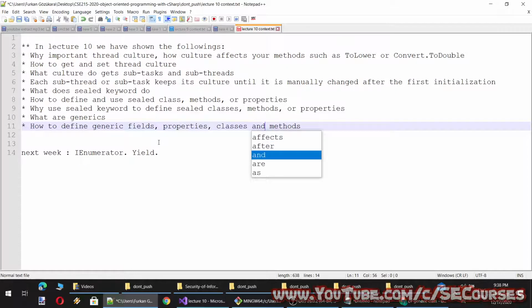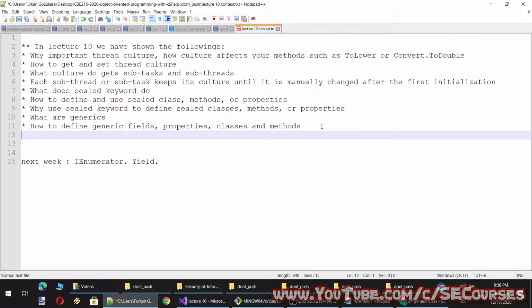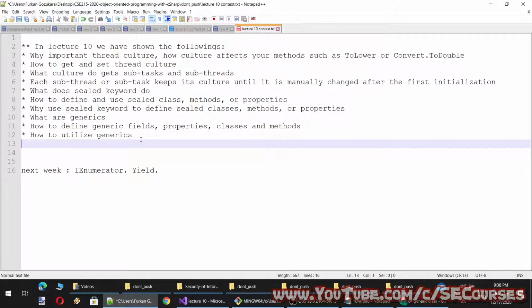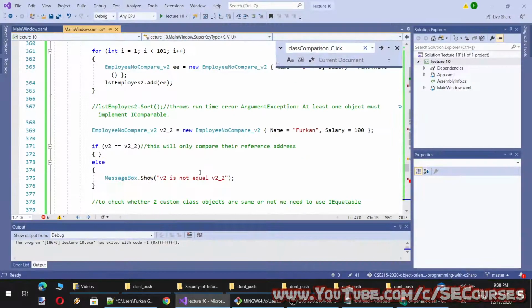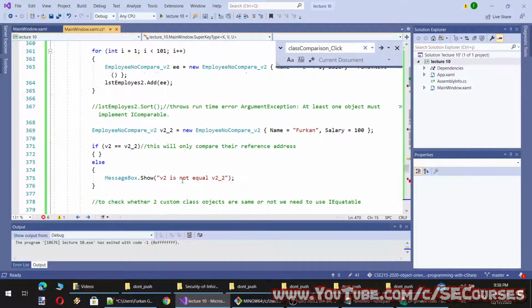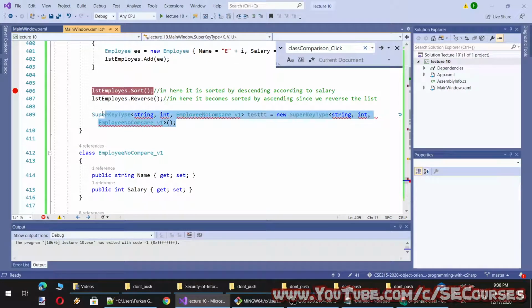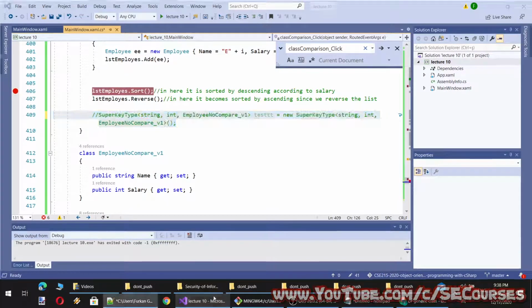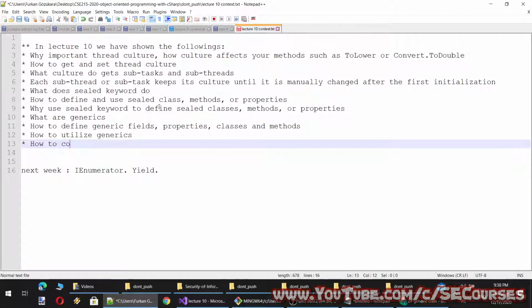Okay, and methods. Generics. Okay, and using.